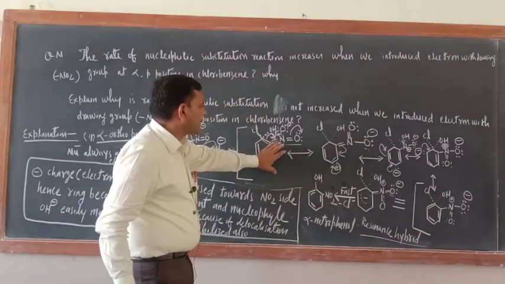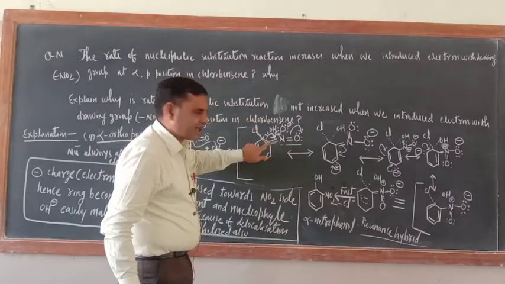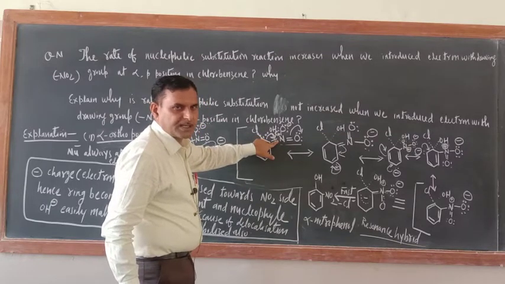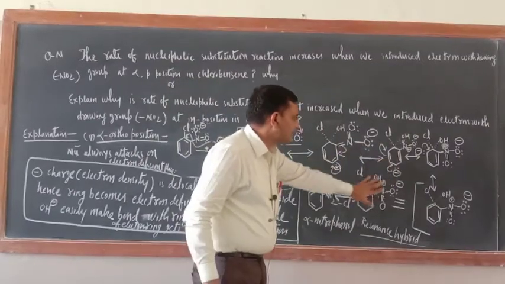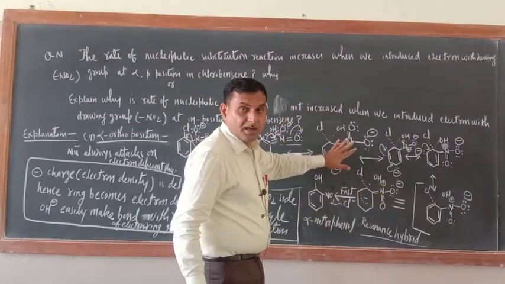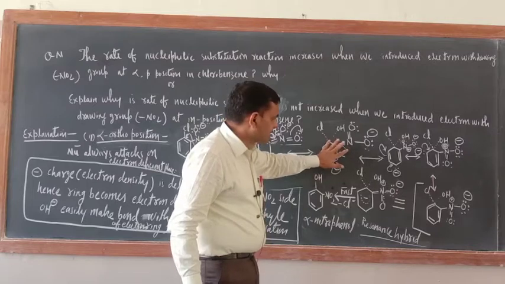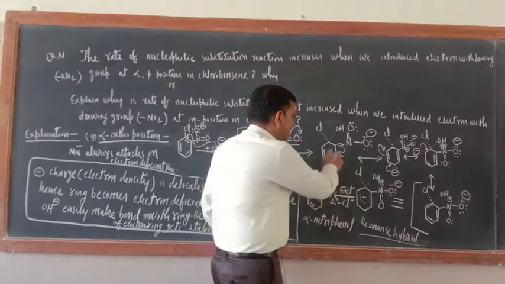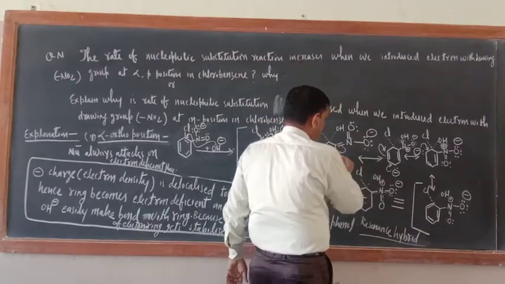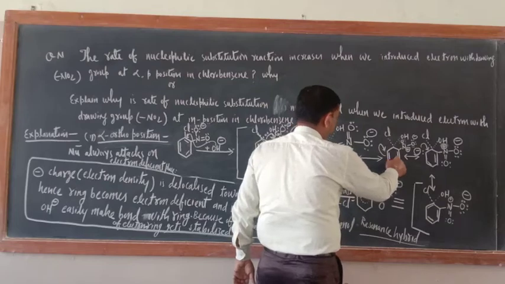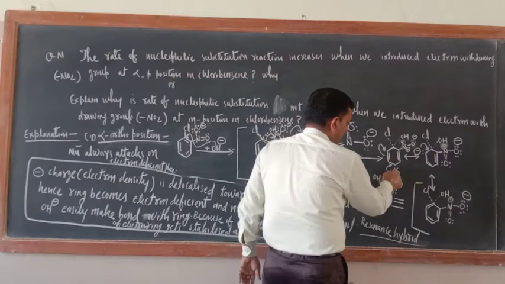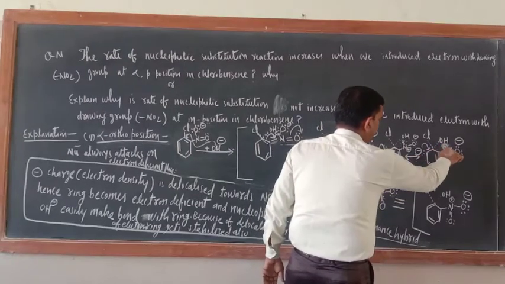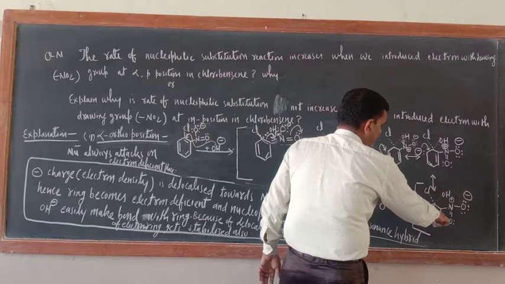So the most important step is this resonating structure. The ring pi electron is going towards the NO2 side when it is present at ortho position. Rest everything you can see is just like the para position resonating structure. This is also like that only. Just check here, everything is the same. Just see, this electron will come here. So when this electron comes here, a double bond would be there. These electrons will come here, negative sign. Next step, these electrons will go here, these electrons will go here. Rest everything is the same. Now the fifth structure is this one.